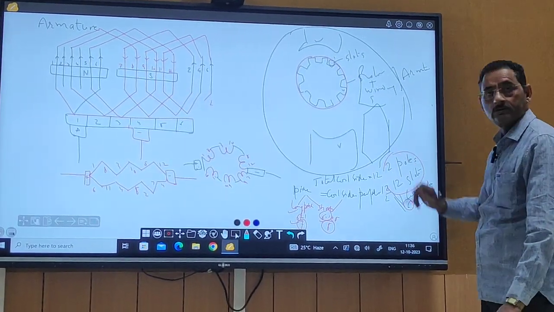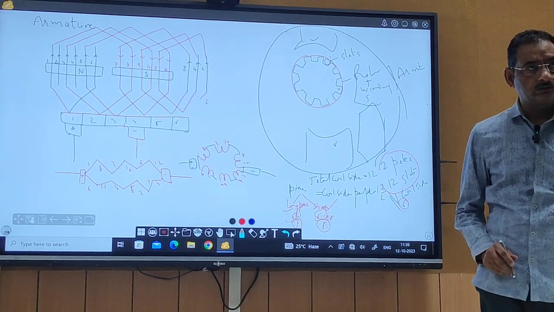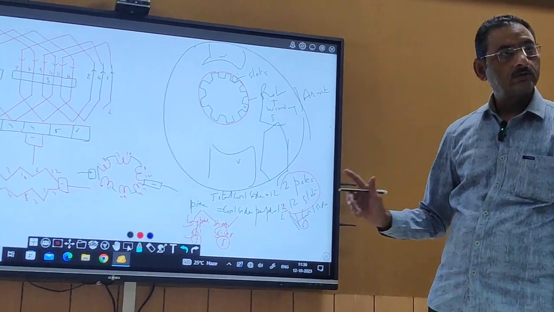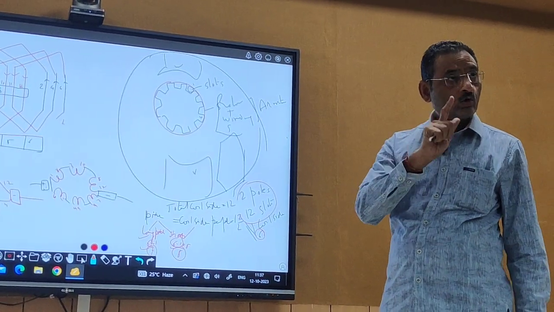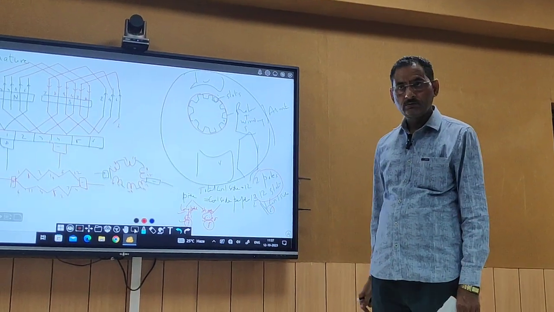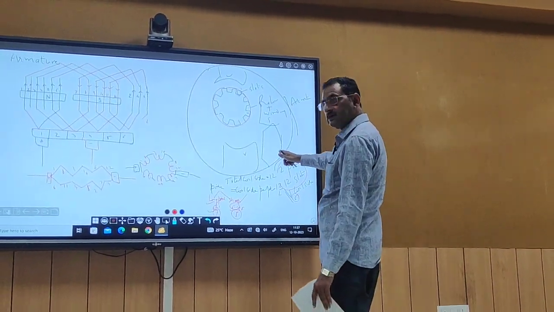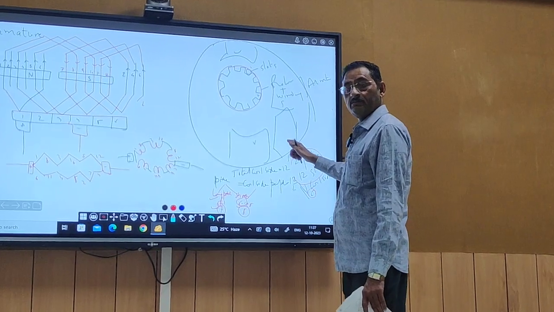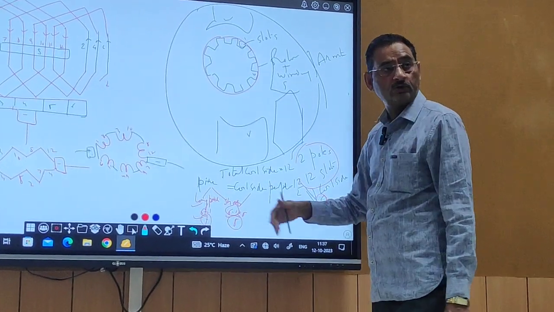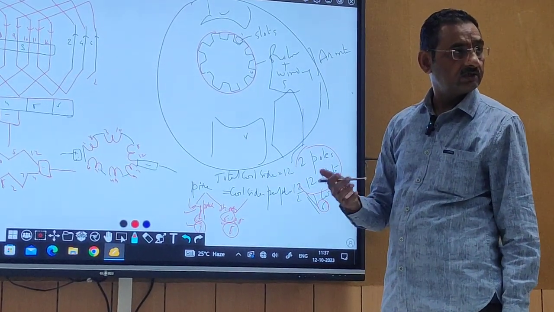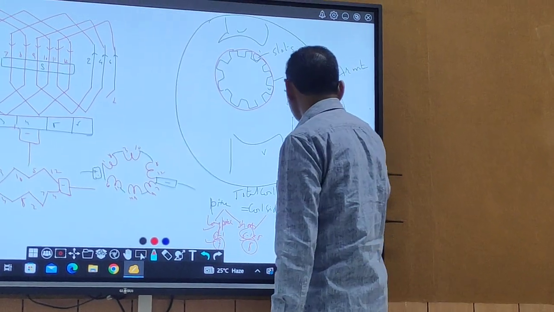The coil is like this. In fact, coil is not like this. Coil भी ऐसा नहीं है. Each coil have the number of turns. ऐसा नहीं होगा. Coil is not like this. Each coil may have say 20 turns. It may have the 30 turns. Means this coil will be ऐसे,